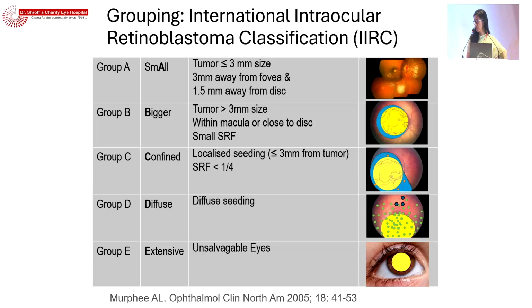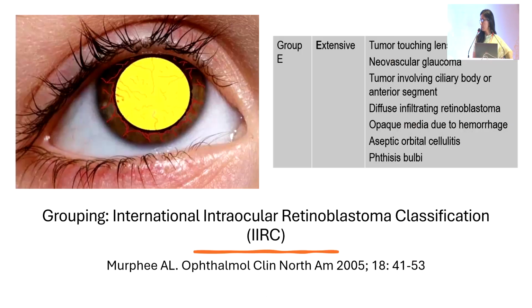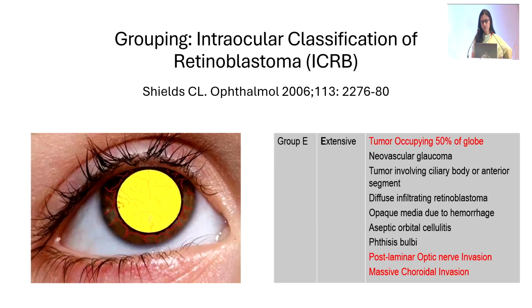So generally two systems are used commonly. One is the Murphy's classification, which was proposed way back in 2005, and the other is the classification which was provided by the Shields group. By and large, both these systems are almost the same, except for the group D and E, where there is a subtle difference. If we see the Murphy's system, the group E includes the extensive tumors, specifically the tumors where eye salvage or visual potential is almost nil. Whereas in the Shields system, the eyes where the tumor is occupying more than 50% of the globe and tumor with total retinal detachment are also classified as group E tumor, and this tumor in the Murphy's system goes into